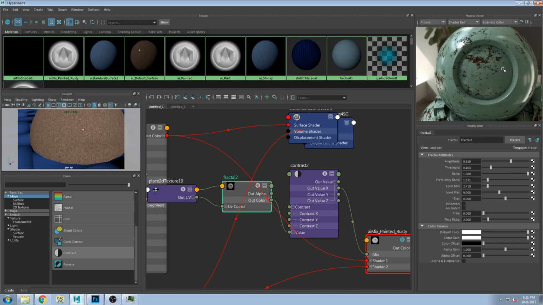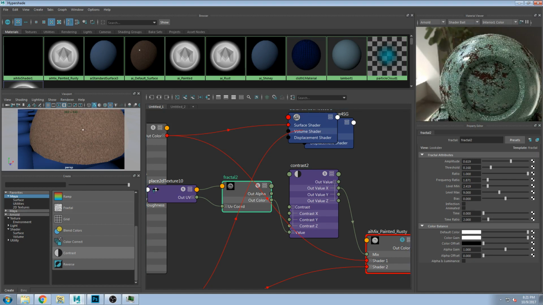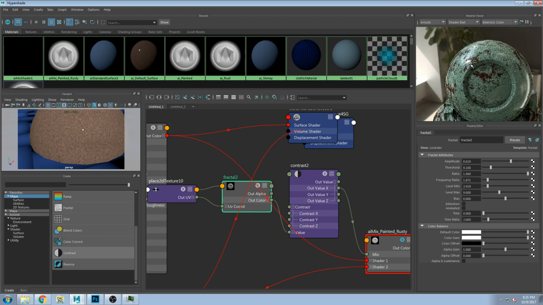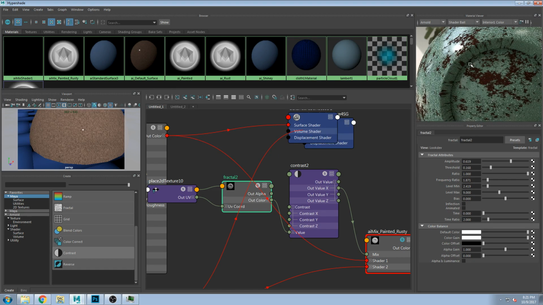Wait 100 years for it to change. So there's really rusty. Now you're actually starting to see how the light is treating this area where there's actually rust. Let me try and zoom in. Too far. There we go. Okay. Yeah, so you see how the light is being treated differently because now we're taking two separate materials